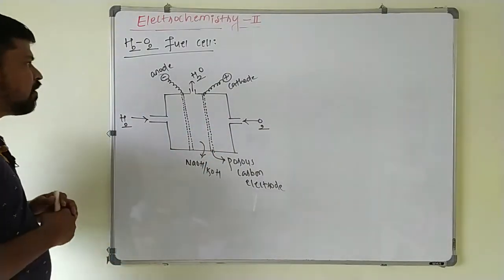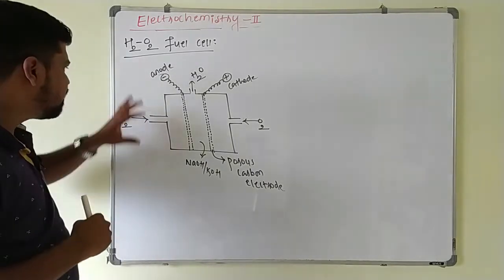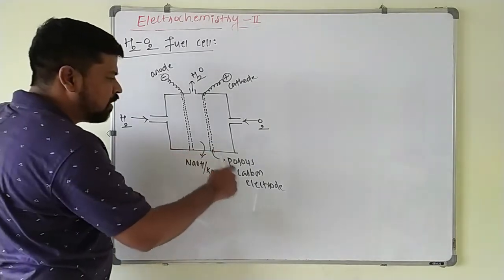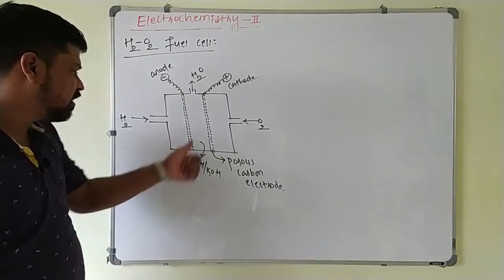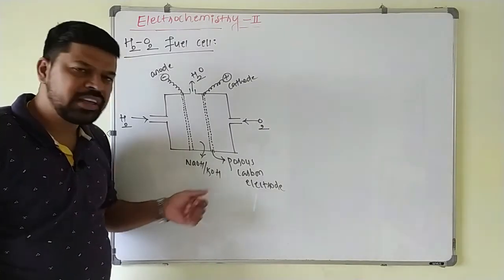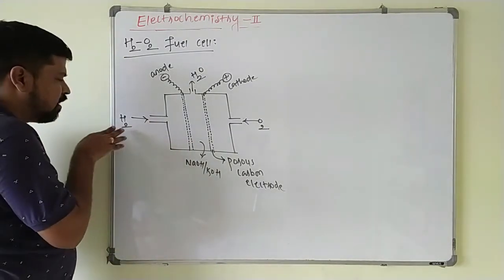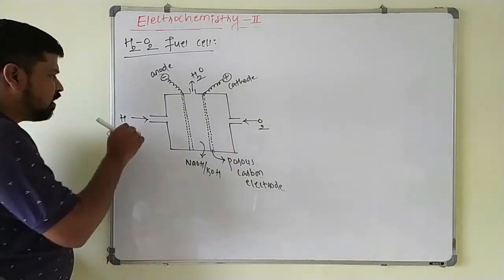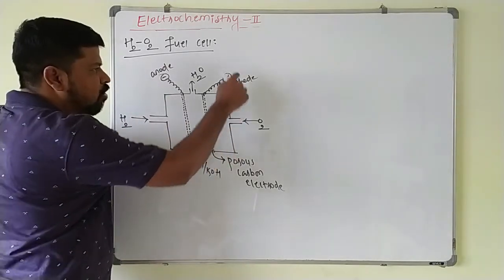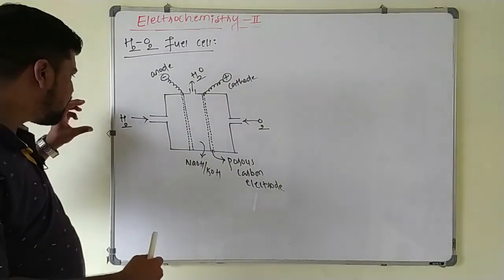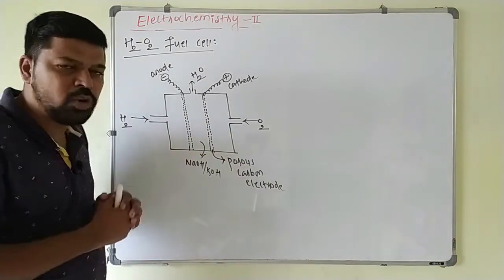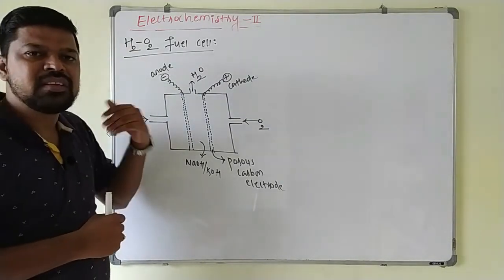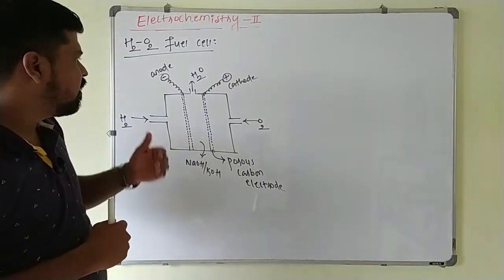One such galvanic cell is the H2O2 fuel cell, which has three compartments separated by porous carbon electrodes. The middle compartment is filled with an alkaline solution like NaOH or KOH. On one side hydrogen is passed, and from the other side O2 is supplied. The hydrogen is in contact with the anode, and oxygen is in contact with the cathode. As long as hydrogen and oxygen are fed into this fuel cell, they will generate some amount of electricity, because at the anode oxidation takes place and electrons are produced. That is given out as electrical energy.